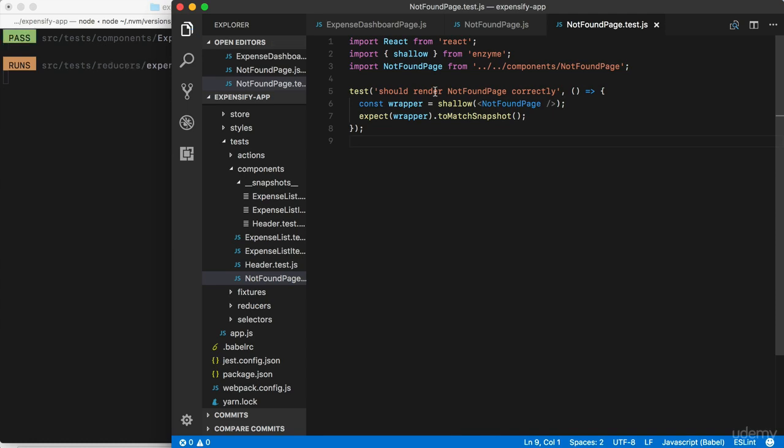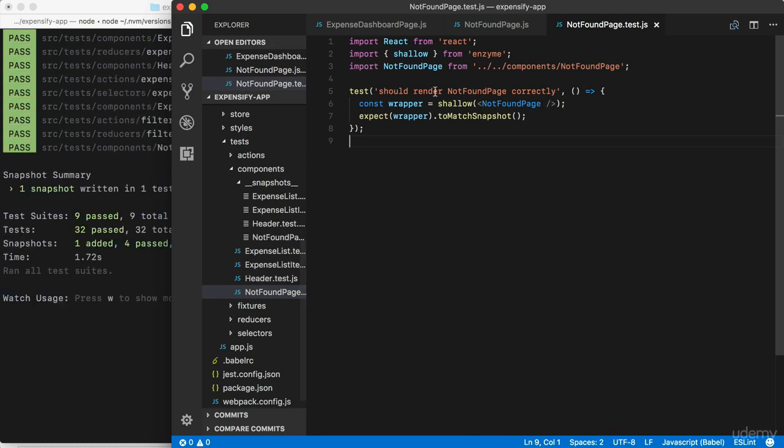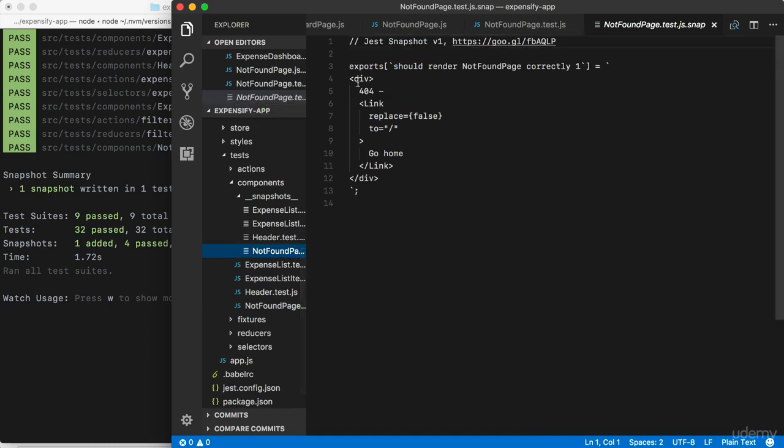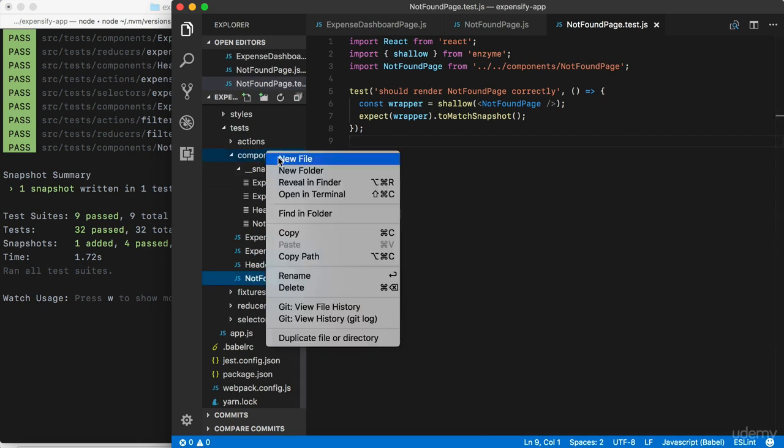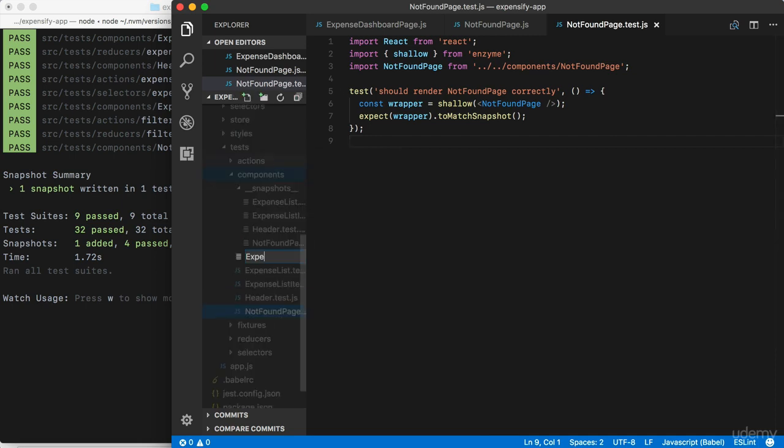If we now go ahead and save the file, we are going to have that new snapshot generated. And if we take a quick peek at that snapshot, we can see that off the bat, it looks pretty good. So now we have changes tracked for that component as well. And to wrap this video up, the last really easy component to test is the expense dashboard page. So I am going to go ahead and add a file for that right here. Expense dashboard